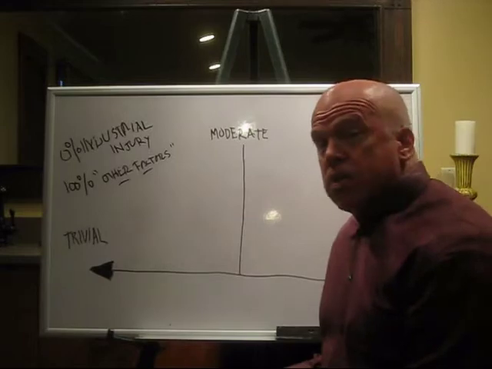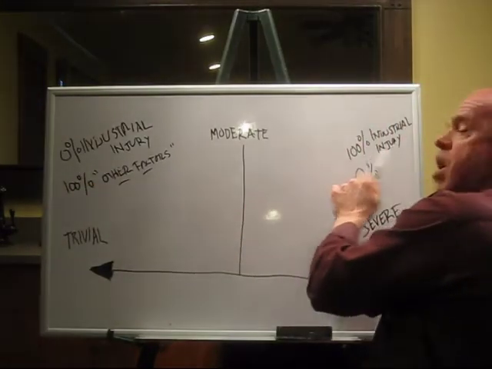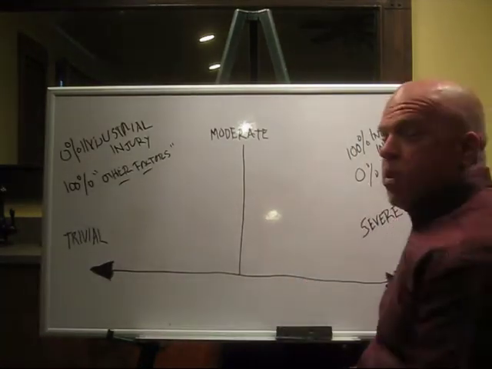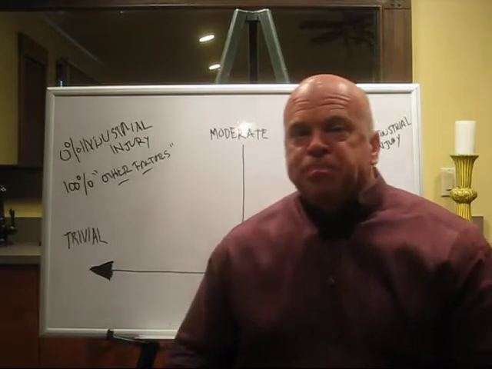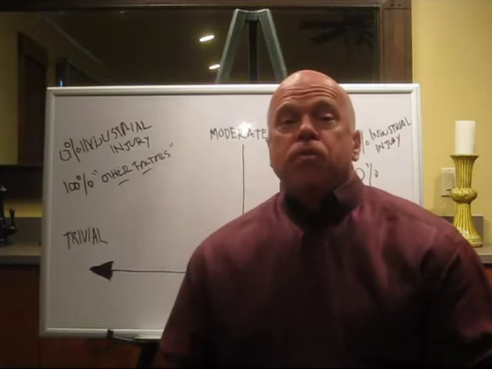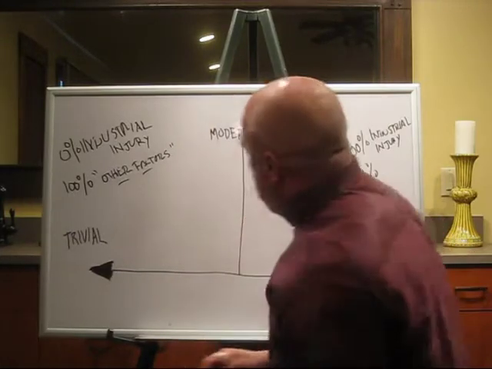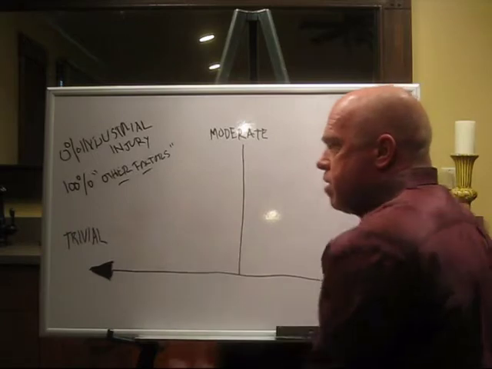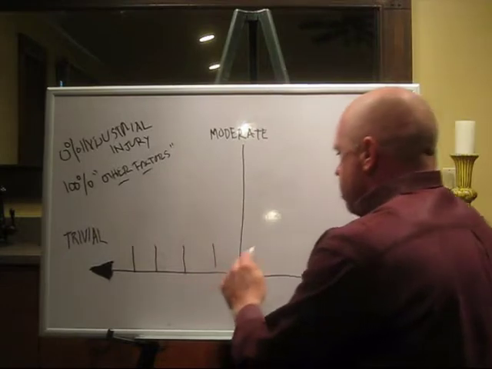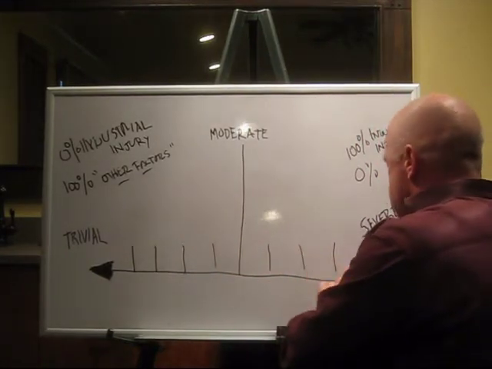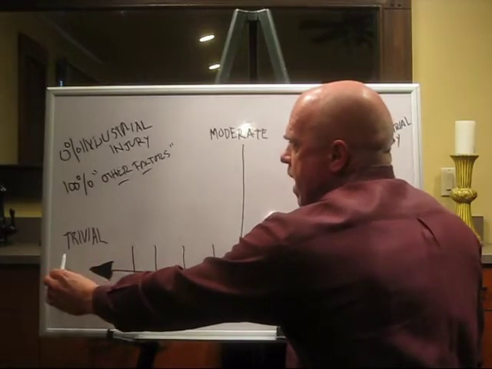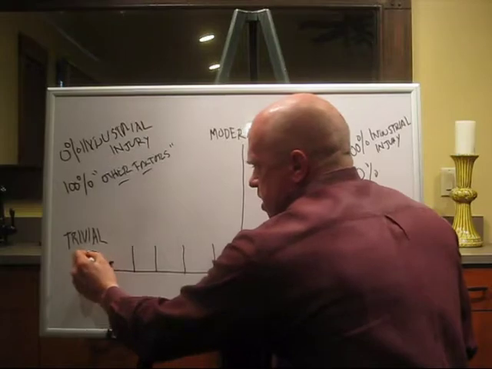So this represents the range of our possibilities, from 0% industrial to 100% industrial, from 100% due to other factors, and 0% due to other factors. Now, most of the cases that we're going to find are going to fall somewhere in between. They're going to fall into the moderate type of injury with some other distribution of the percentage.